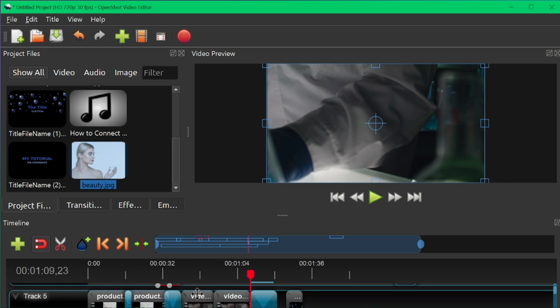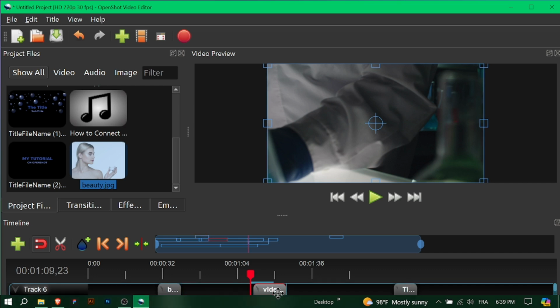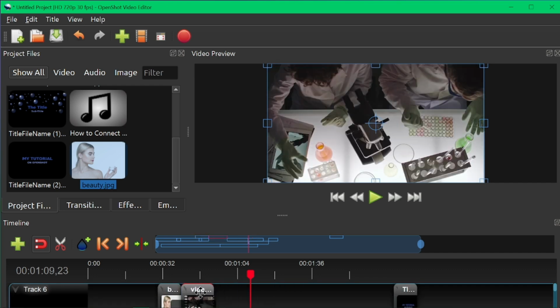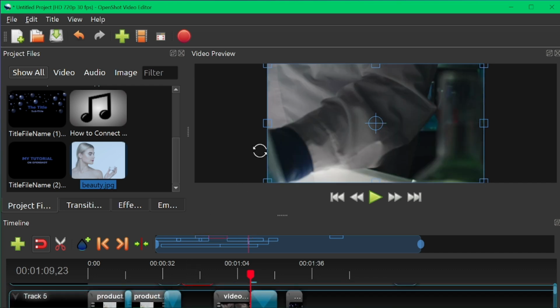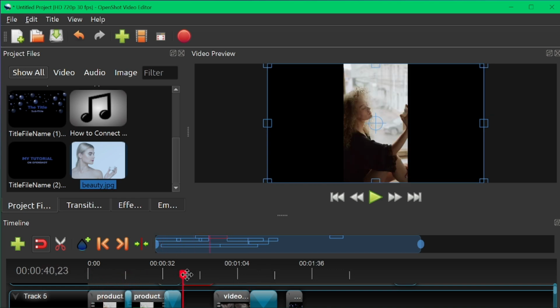You can use multiple video tracks to stack your files up like this. And for a visual composition, you can use multiple video tracks to stack footage. The order you place your clips on the timeline determines how they appear in your final video. So make sure to order them and make